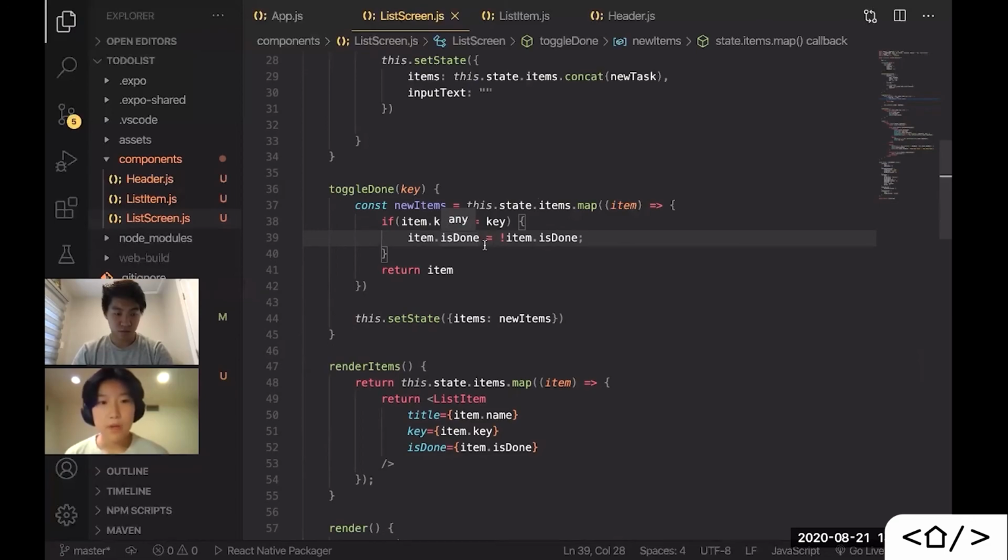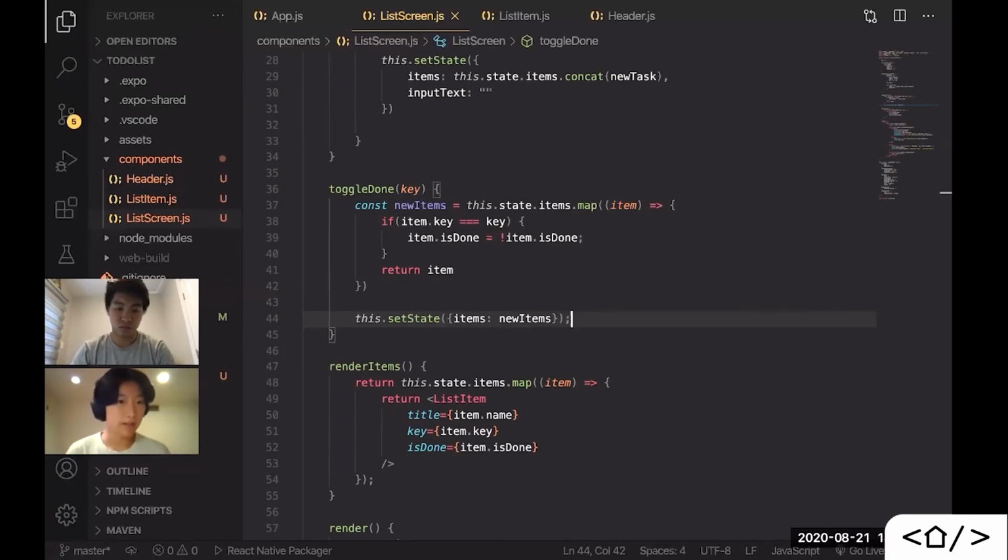Right, and remember, we want to use set state here instead of directly mutating the array so that the entire component actually knows it might need to re-render itself, which is what we want in this case and in most cases. All right, so now that we have this method,